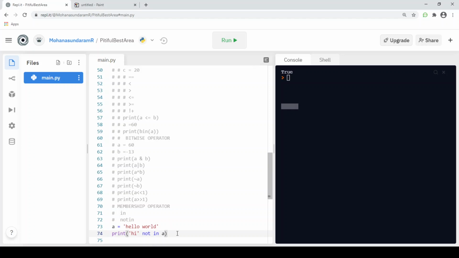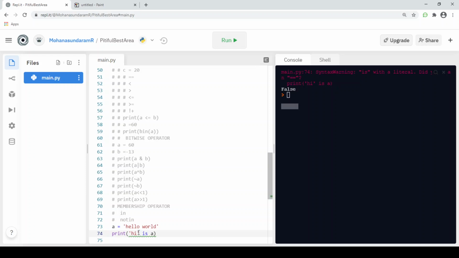I will take the same string and compare it. Hi is a. We get False, and we also had an error.